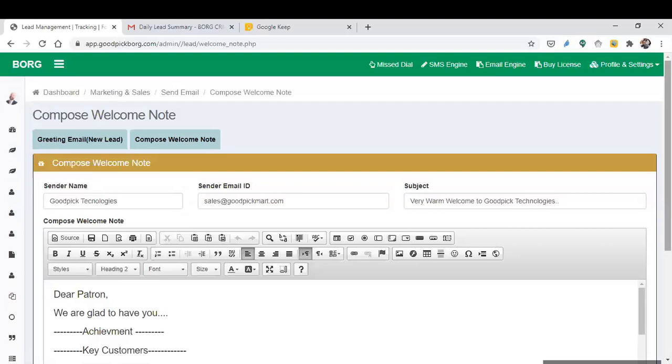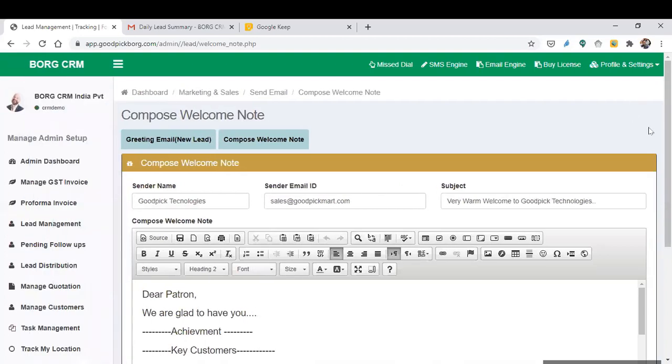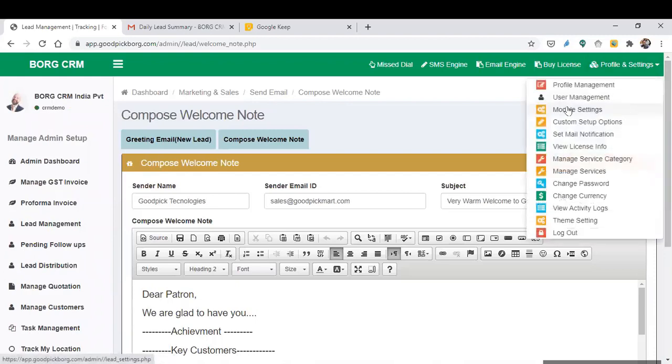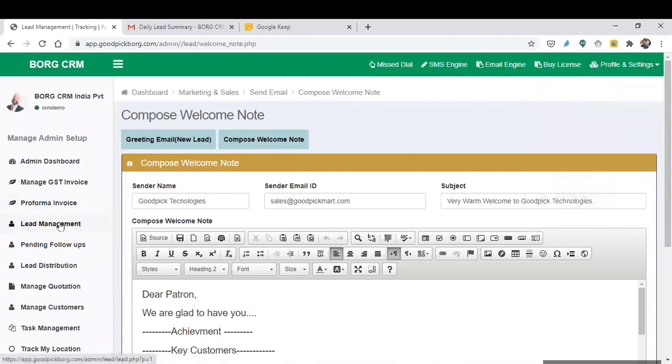Another thing is that when that lead becomes your client and is converted, at the same time this email will automatically be sent to your lead, who has now become your customer.